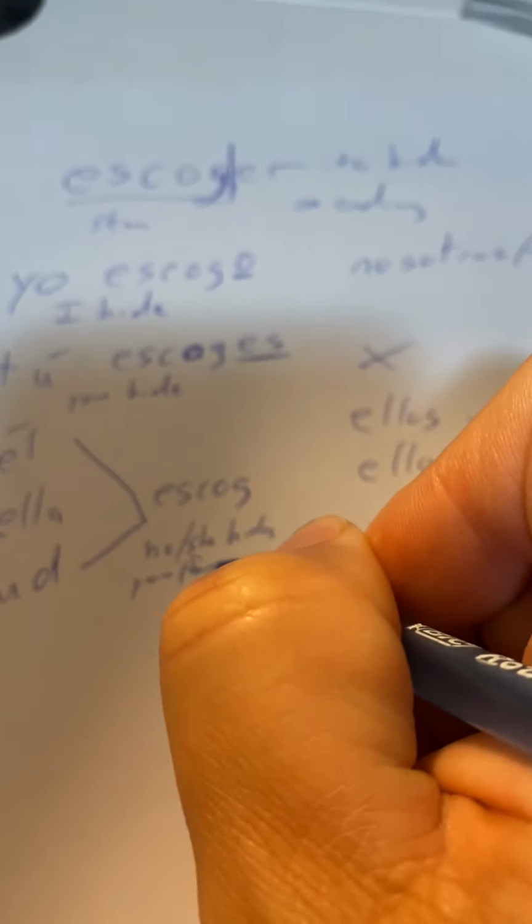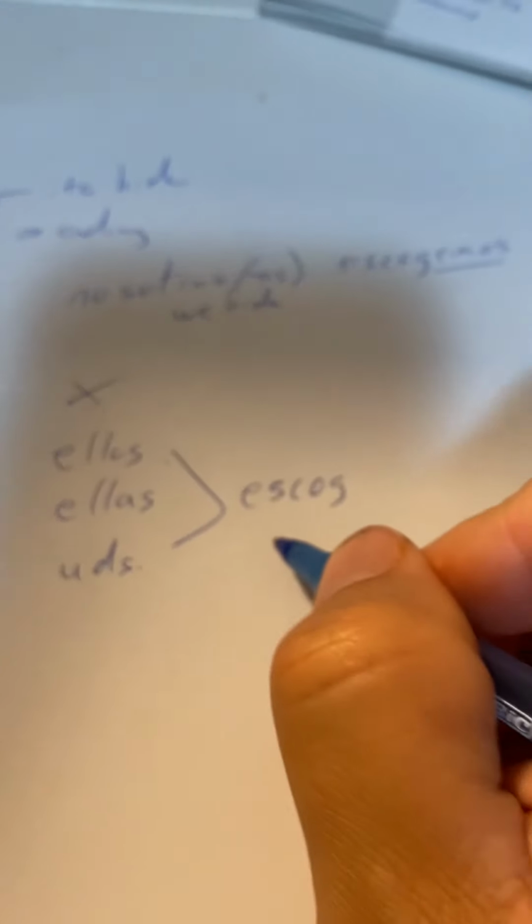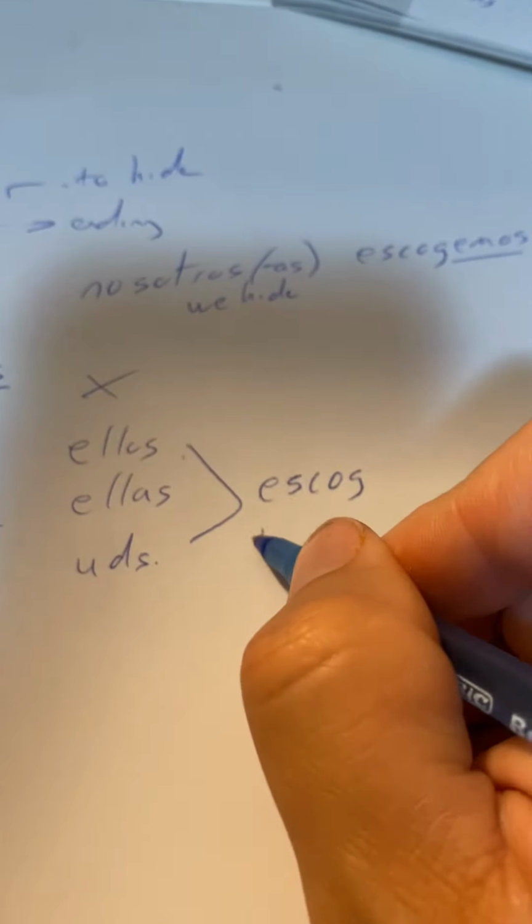And then you come over here and you think, okay, wait. So nosotros is we choose. And then I come over here. Well, if an AR verb is AMOS, then this must be EMOS. Escogemos. And then the last one right here is they